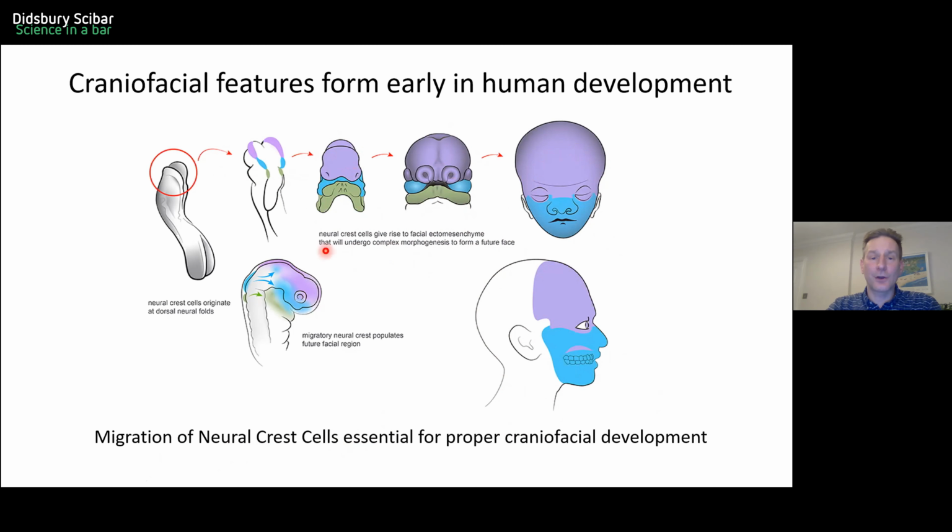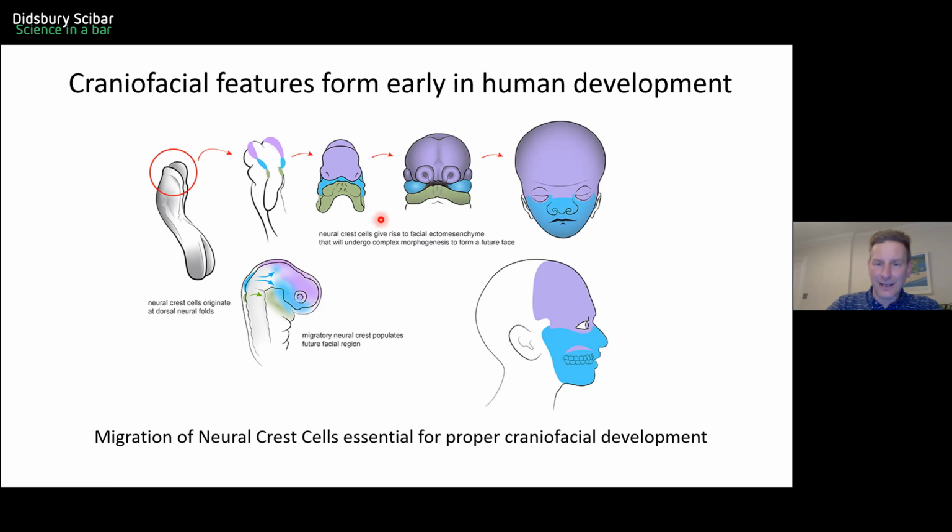Now, we think when splicing is going wrong, it's going wrong in these early stages. Something's happening to these neural crest cells that's making them either not migrate at the right time, migrate to the wrong place, or not migrate away when they're supposed to, like with the cranial atresia, where the cells are supposed to come apart and form that tube, and they don't do it. So it's all happening early on.